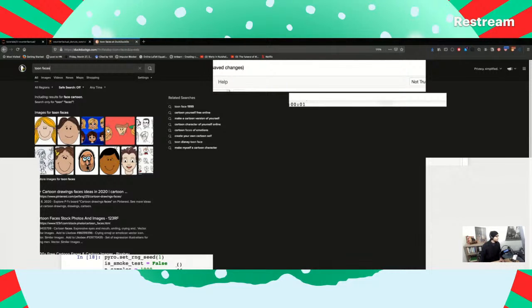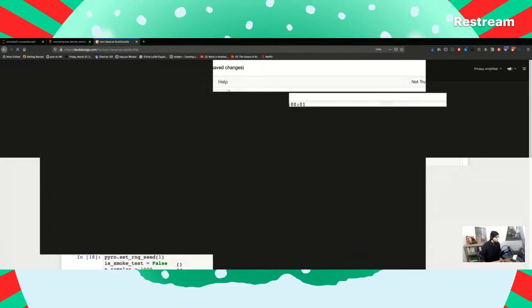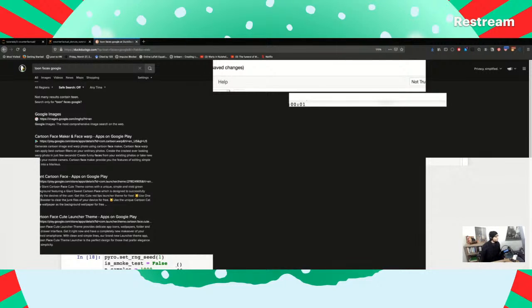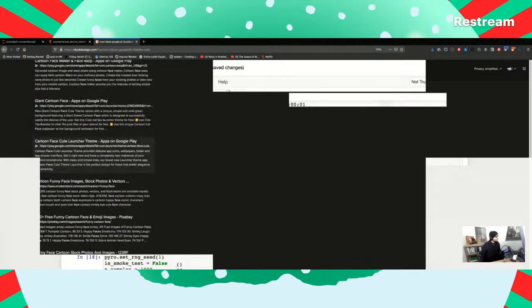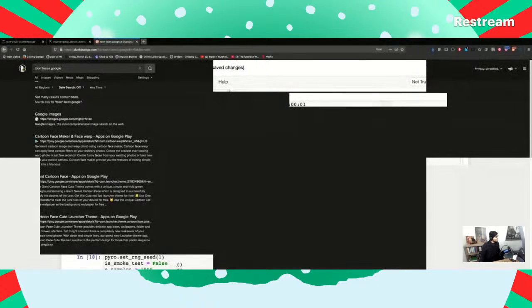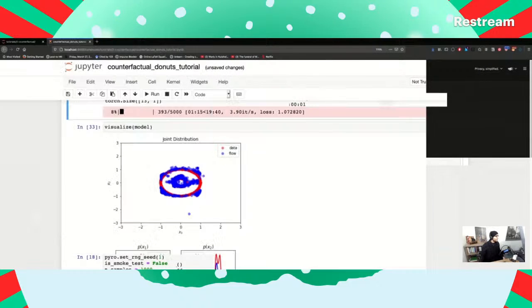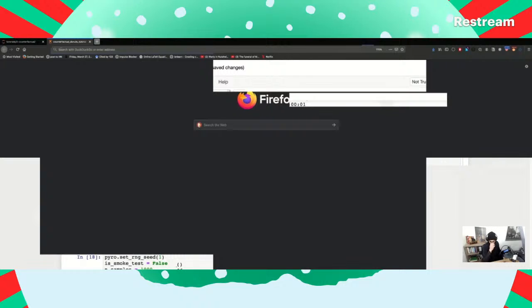Google has some data set of faces that you can use to train things like GANs for realistic face images, and it's going to be a simpler problem, although there might be some training issues with working with cartoons. But yeah, you can ask, what would this face look like if it had a mustache, or if the skin tone was darker and stuff like that. And so, yeah, we're excited about working on that data set.